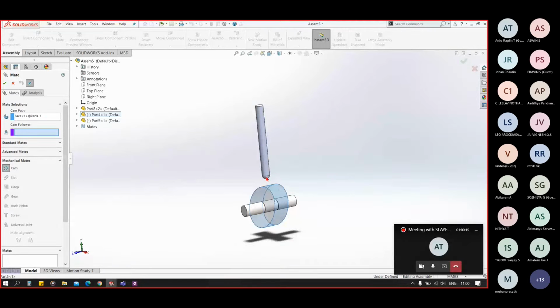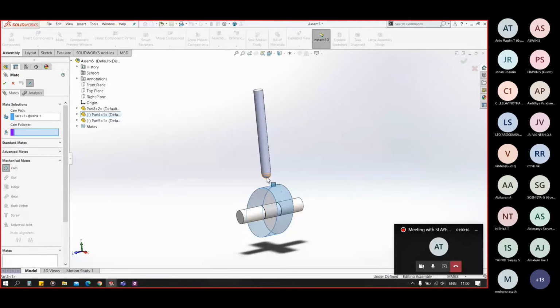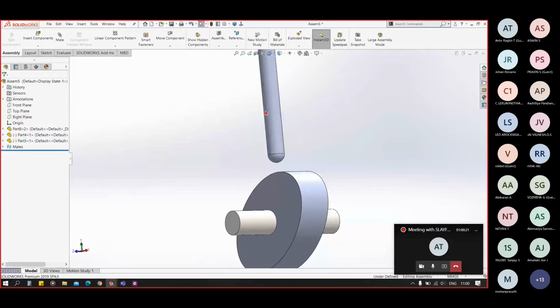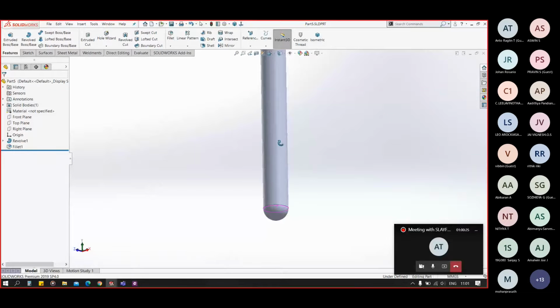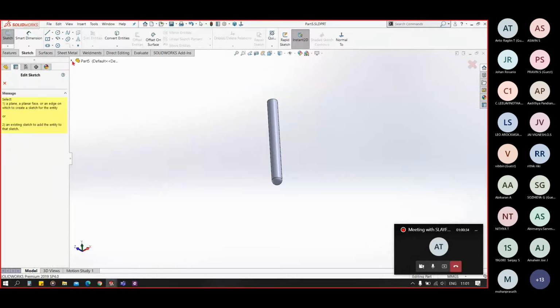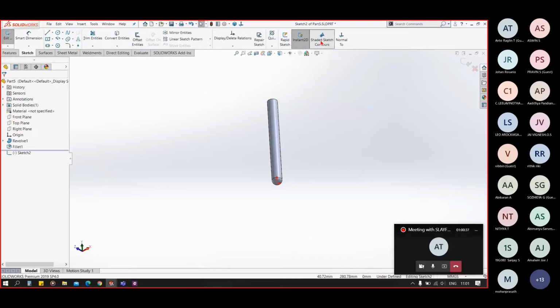It is not selecting the spherical face. So we can have a sketch here, and we can add a point here at its face.